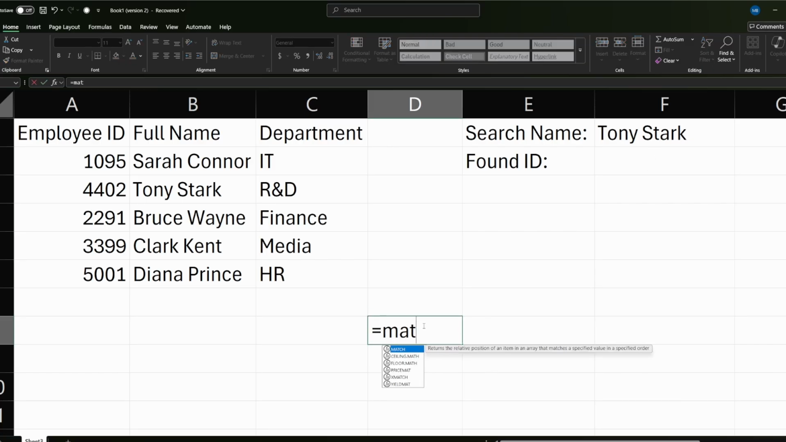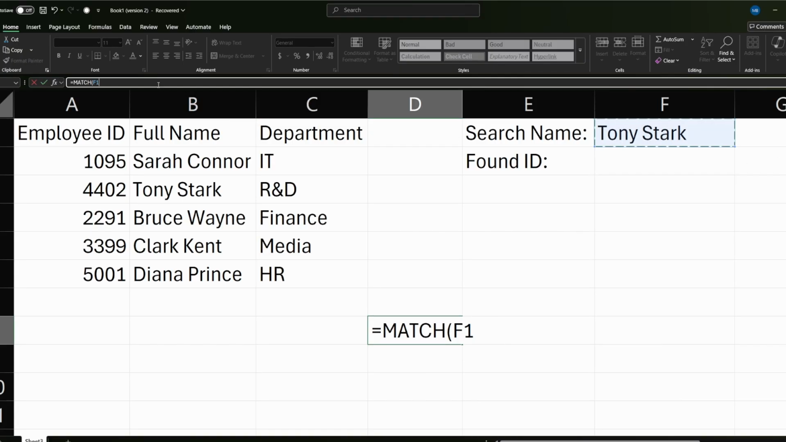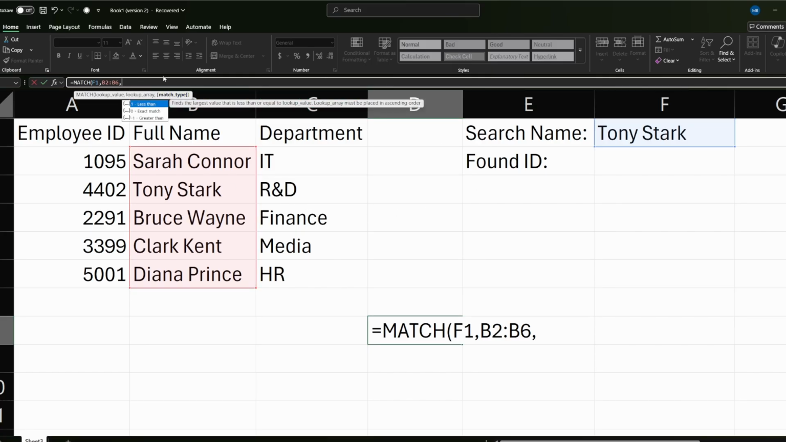So if we type equals MATCH, it's going to want our lookup value. We want to figure out Tony Stark, and then go ahead and type a comma, and then select your names, because we want to figure out which row Tony Stark is located in. The final one is going to be the match type, and we want an exact match, so go ahead and